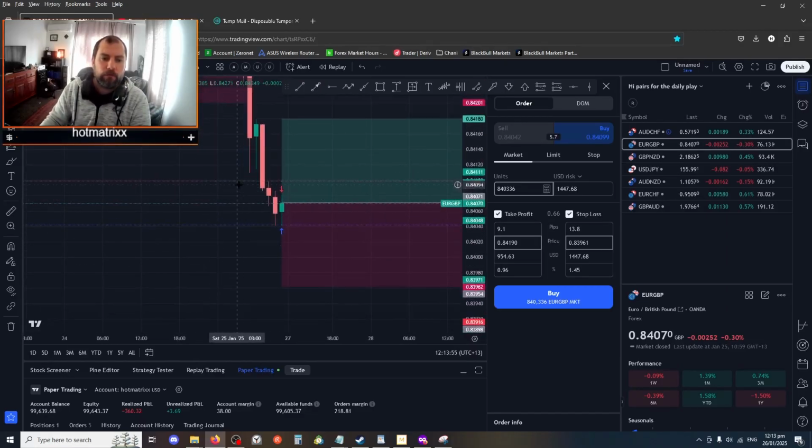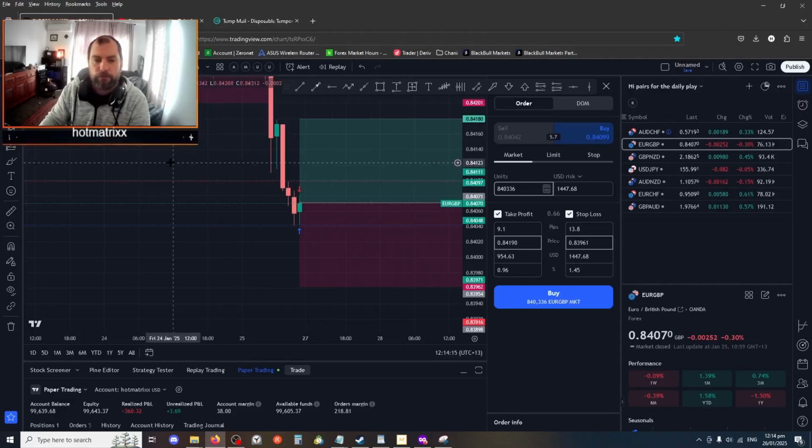Additionally, when this moves, you need this blue line, not the market price, not the green line, to get up to your stop loss or your take profit rather. You need the blue line to get there, so your green line has to go past it in order for it to close out the trade at the profit that you wanted. This is important, and the reason it's important is, as I stated earlier, these can be bigger than the candles